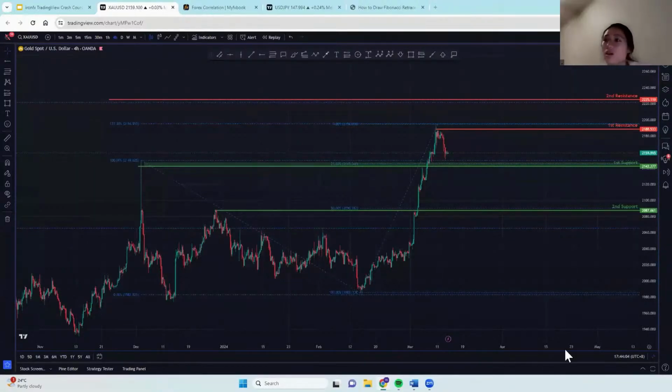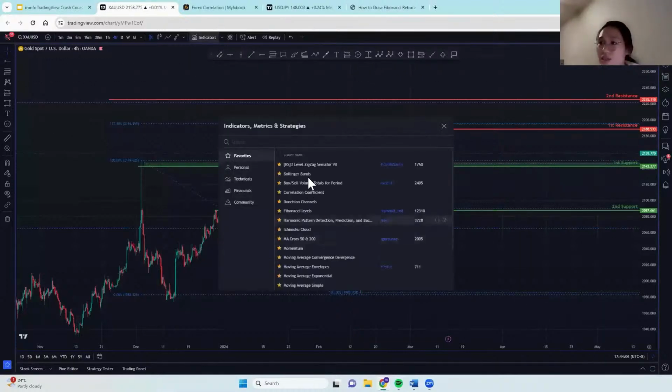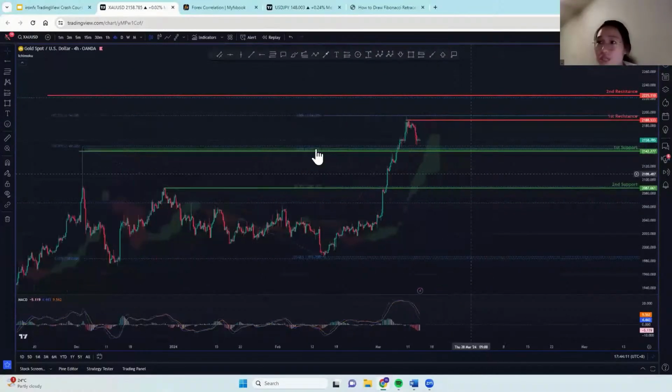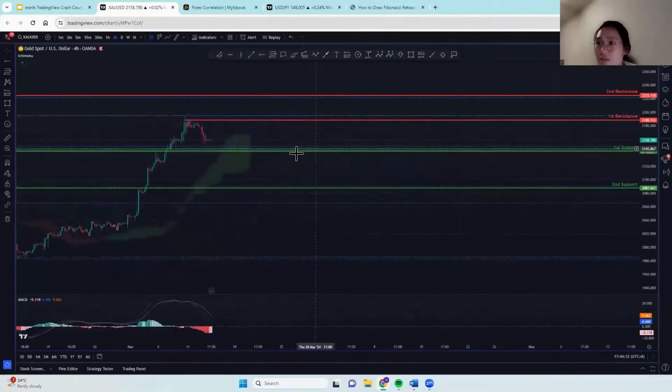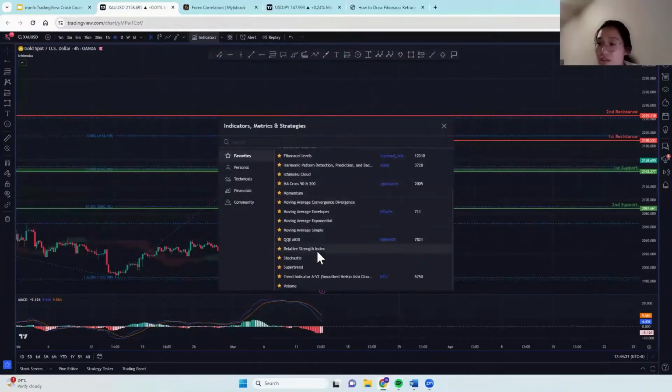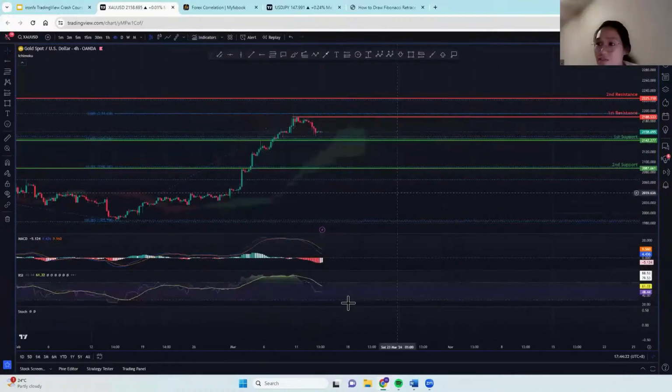Okay, so let's look at some indicators to support this analysis again. You can see price is moving above the Ichimoku cloud, giving us a bullish signal, whereas MACD is giving us a bearish signal. If we look at RSI and stochastic,